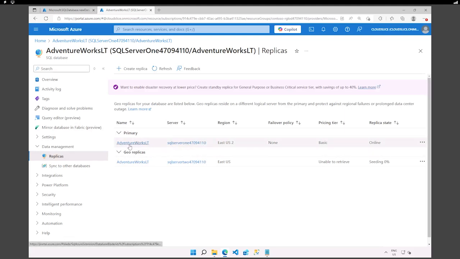The primary AdventureWorks running from that server 1 is online, right? The database was up and running, and then we are enabling the replica. So right now it's not completing. The seeding is at 0%. And then the first 0% is actually one of the longest percentage. So once it's there, the synchronization, right now what it's doing, right, it's preparing for the seeding, and after we're gonna have a constant replication, constant synchronization between the primary database against the one that is being replicated. All right, so let's wait for that.